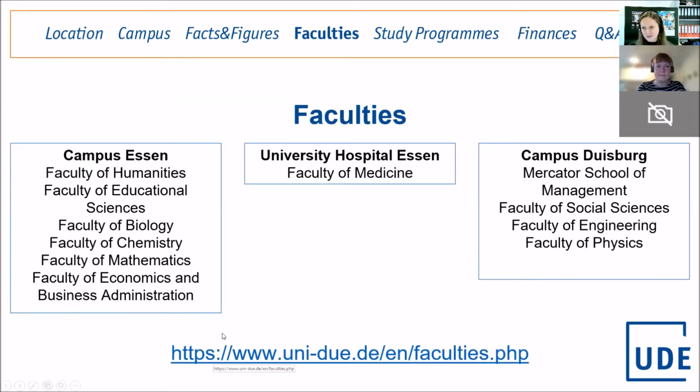Here we go. This is the overview of the faculties that we've got. So you can see the spread between the campus. We talked earlier about the main campus in Essen. I showed you some photos of that. There's also, I should have mentioned, the University Hospital in Essen, where the Faculty of Medicine is based, and yeah, Campus Duisburg, where I'm currently sitting and looking out on a rather gloomy day in Duisburg, I'm afraid to report. So this is the overview of the faculties on offer at the UDE. If we move on to look at the study programs now,